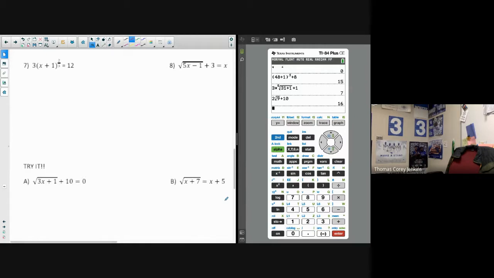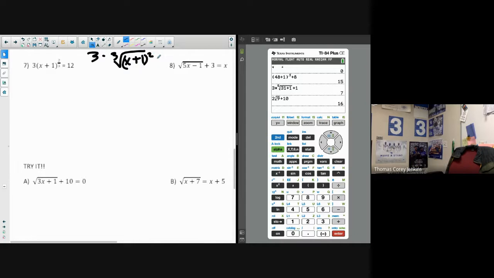You just get those fundamental skills. Anyways, let's go ahead and do 7 and 8, and then that'll maybe wrap us up. Okay. All right. So looking at 7. This could be written as 3 times the cube root of the quantity x plus 1